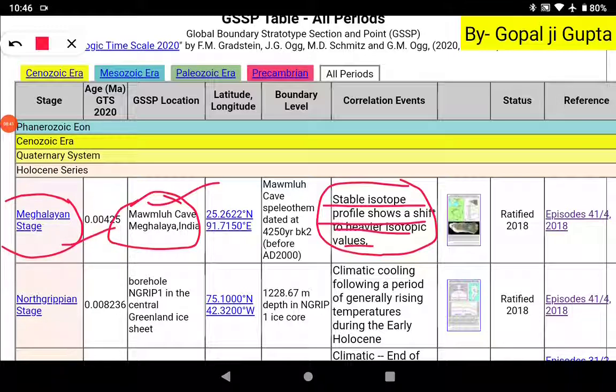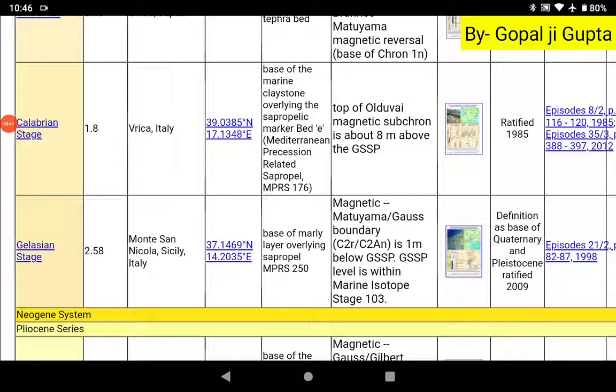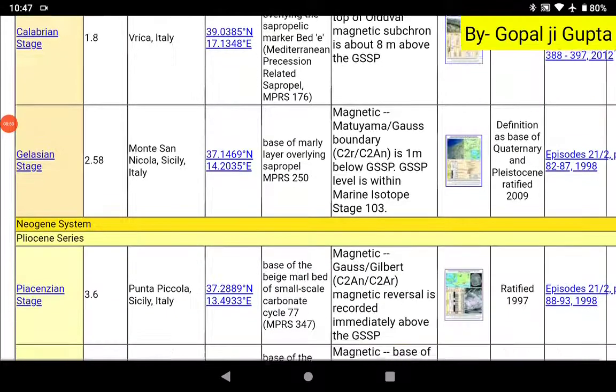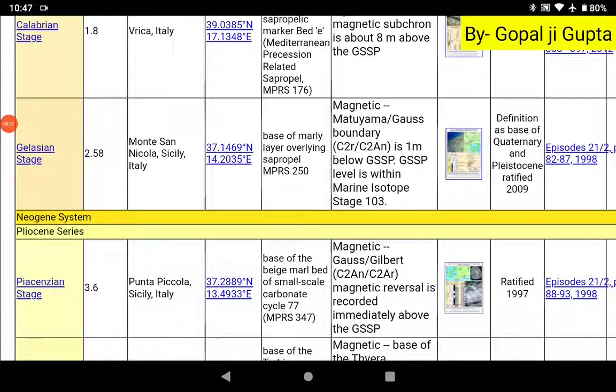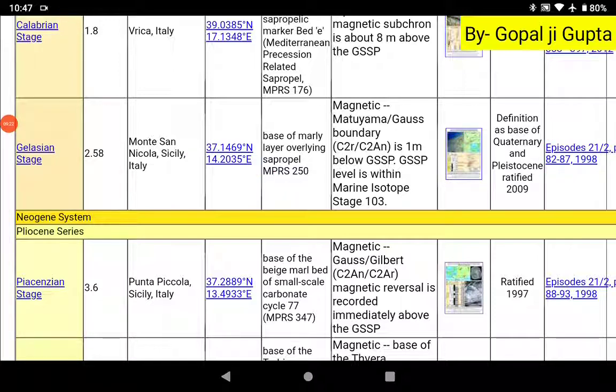Now you can go through the various parts here. As you can see, a lot of things are given on this website. Also with the location. Okay, so here is the location of the section of the stratotype, and here are the images of that particular rock sequence or that particular stratotype, along with the fossil changes and some of the basic abstract related to this.